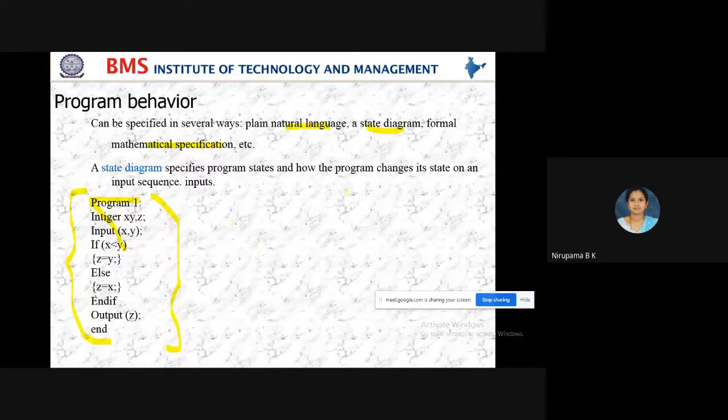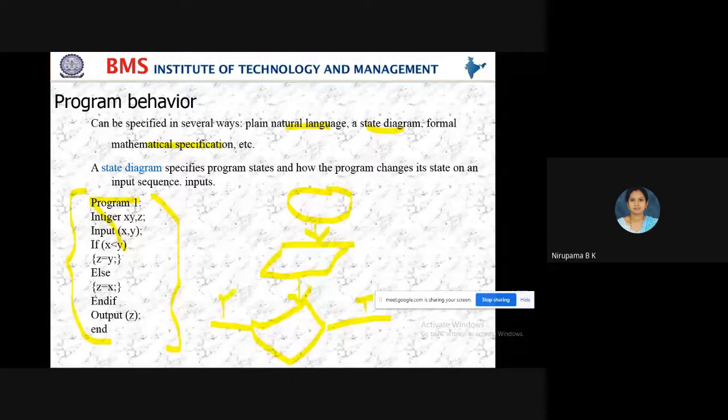Start, then take input, check: if it is true, one case; if it is false, another.